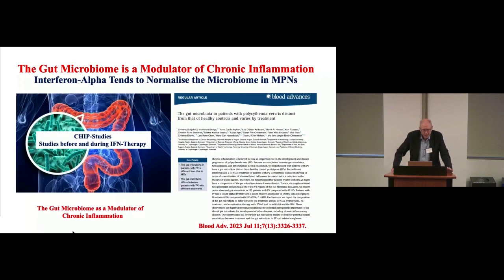So, interferon alpha tends to normalize the microbiome in MPNs. And now we advance these studies because we take in our project patients with CHIP. As you may know, we have screened 20,000 citizens in the Danish cohort in Denmark and found 600 JAK2 positives, CHIPs. And now we take them into our clinic, and several of them develop MPNs, but